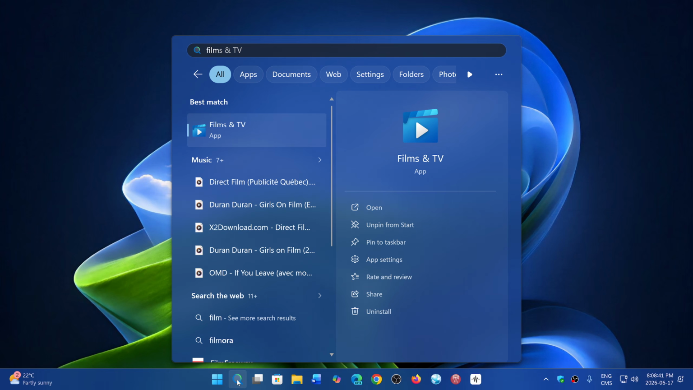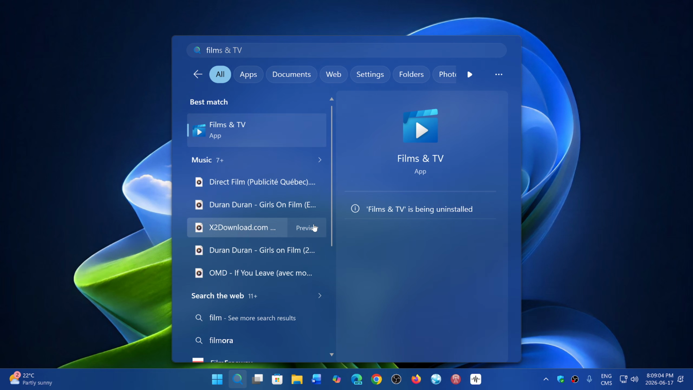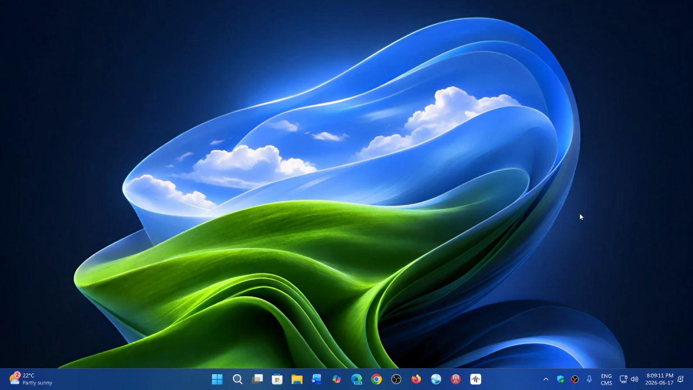Now, depending on who and where you are located, it could be called Movies and TV. It has two names. So the question is, well, I don't use it. Can I remove it? Yes, you can. It does have an uninstall button, and you can actually uninstall the Film and TV or Movies and TV app without any problems. The only people that need to keep it are the people that maybe have paid for TV